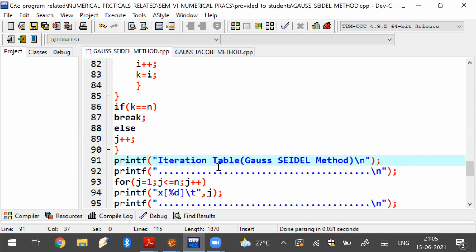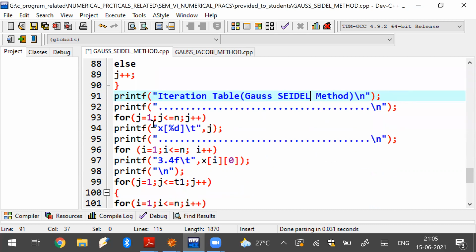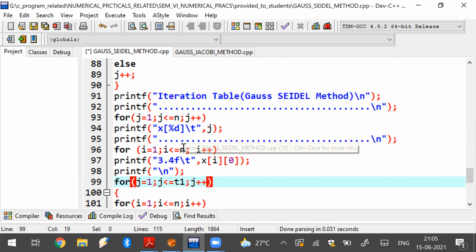So Gauss-Seidel method. Then j running from 1 up to n, x%d, this is what I'm giving, the x1, x2, x3, x4, just have to write like that. Then here you are creating the table. So first I will print the initial guess, xi0, all the variables' initial guesses coming in one row.